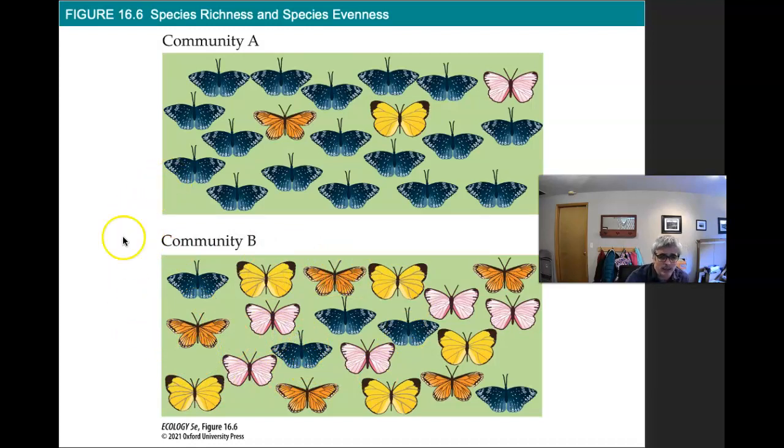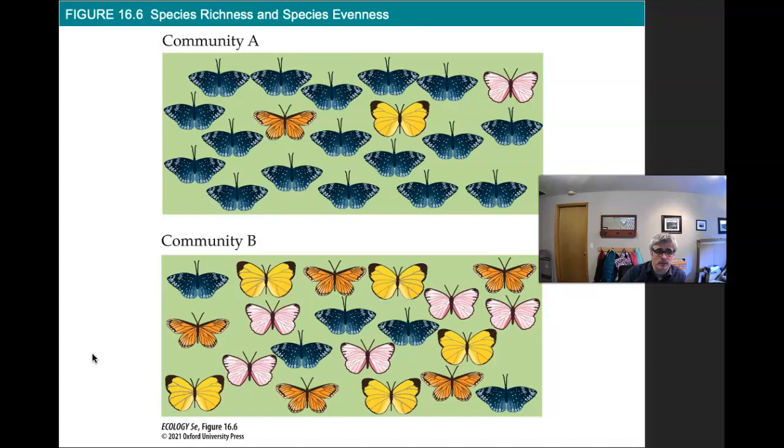However, species evenness is totally different between community A and community B. Community A is dominated by, I don't know, let's call it the purple one, where community B is more even. So here we've got a whole bunch of, again, I'll call it purple, and then one member of these 3 species. Here we have a more even distribution. So we've got 1, 2, 3, 4, 5 of each. So here we've got 4 species, 5 members of each species. So we have a completely even